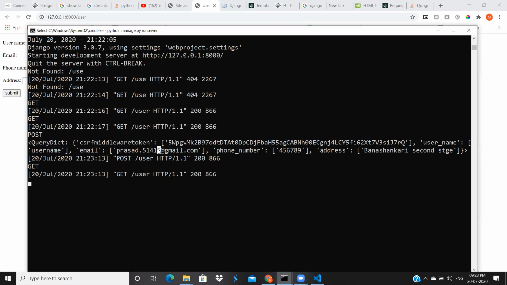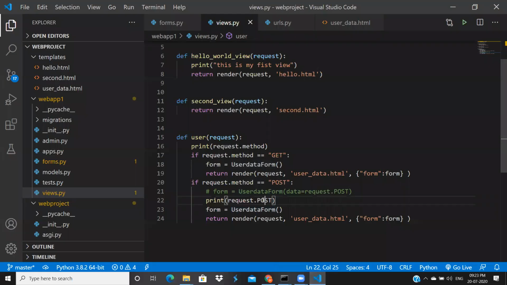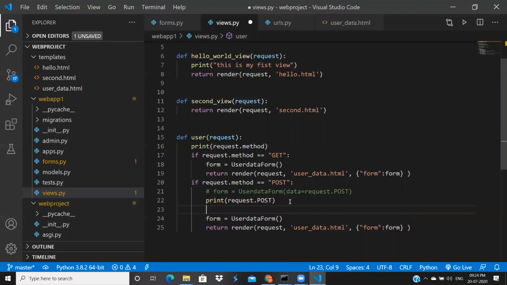Email is prasad514 at gmail.com. Phone number, whatever number I entered. Address, I entered Banashankari second stage. This data is handed over to my server in request.POST. You will get all this data. From here, you will decide whether you have to store this data in your database or not. So in a simple way, what I will do,